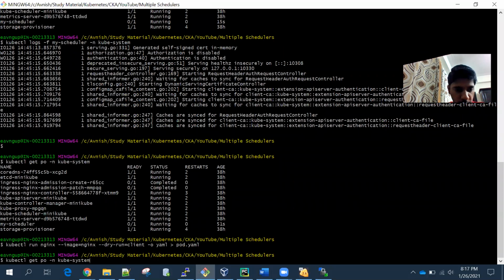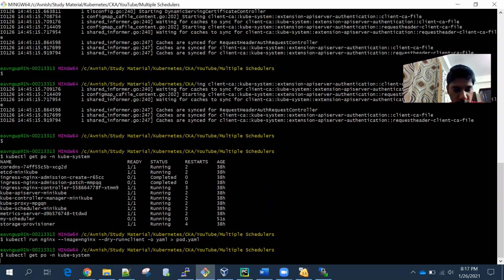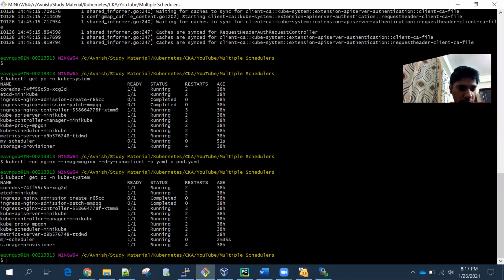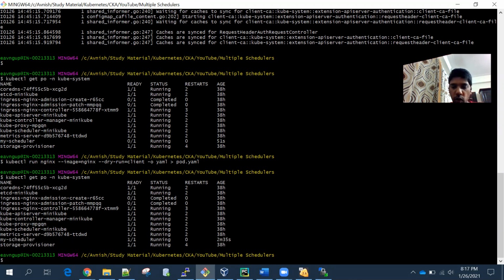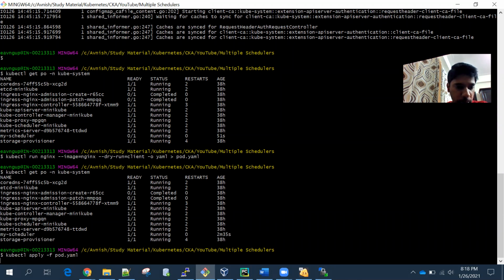First let's see whether the pod is ready or not. Yes, so our scheduler is ready now, as you can see here. And now we'll run our pod file using the custom scheduler.